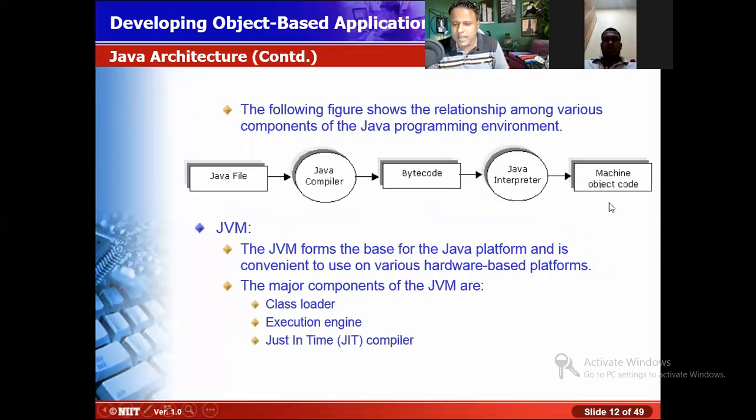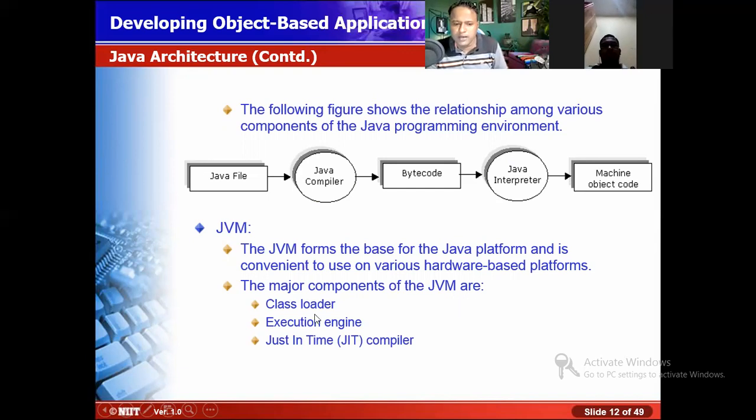So this is actually the architecture. We store the Java file, and by using the Java compiler, it is converted to bytecode. Then the bytecode is converted by the Java interpreter, and then it becomes machine code. The JVM forms the base for the Java platform, and it is convenient to use on various hardware-based platforms. The major